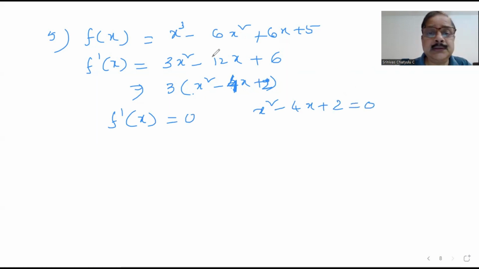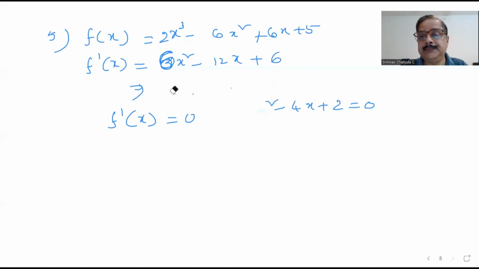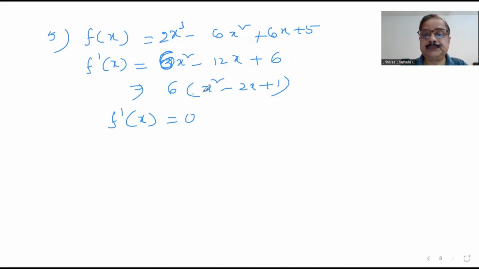I think there is a small error in this sum. 2x cube is there here, so when you differentiate 2x cube it becomes 6x square. So when I'm differentiating, we get 6x square minus 12x plus 6. Now if you take out 6 common from here, this will come. So now f dash x is equal to 0 will give you